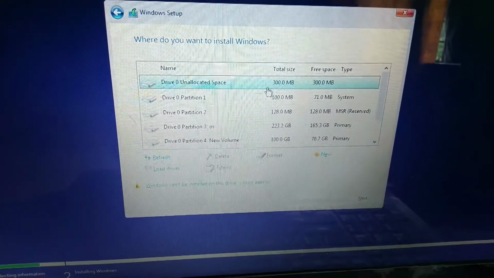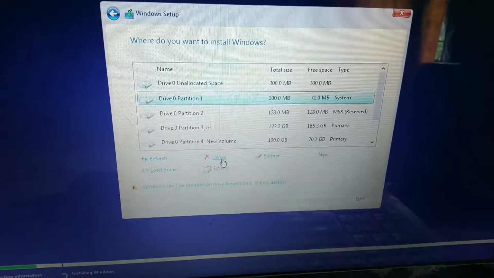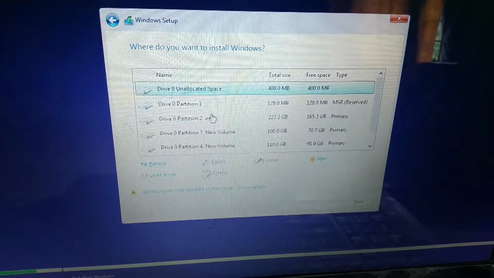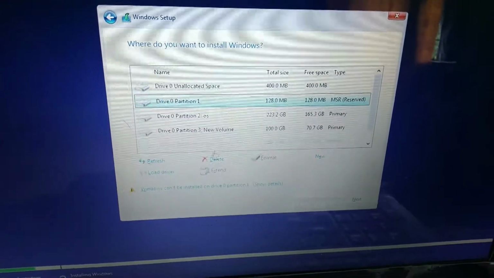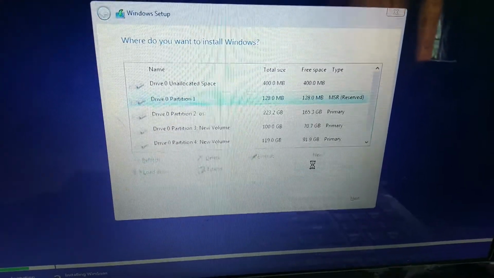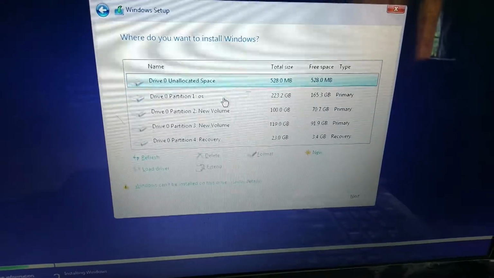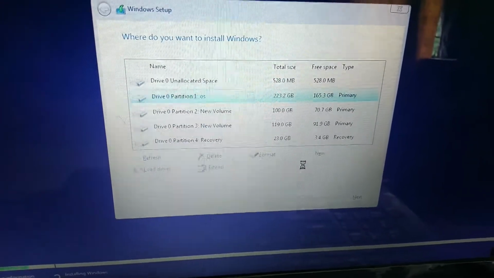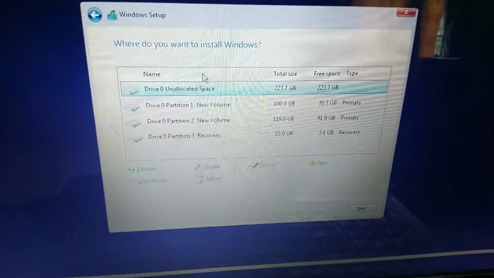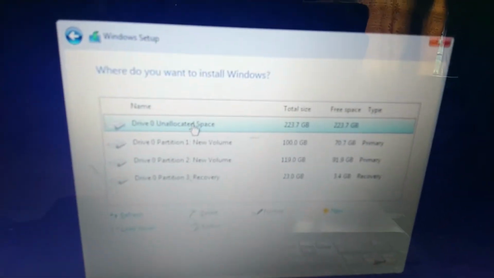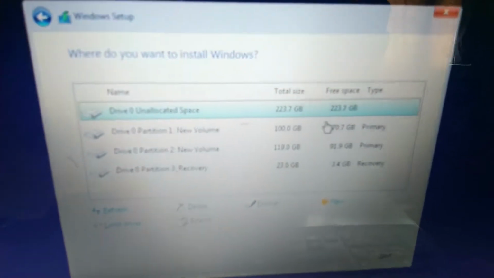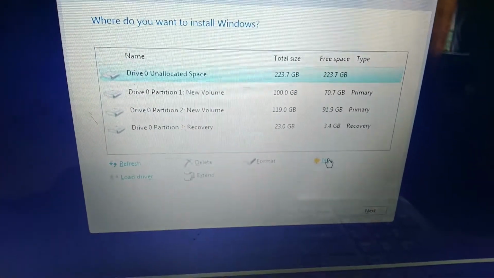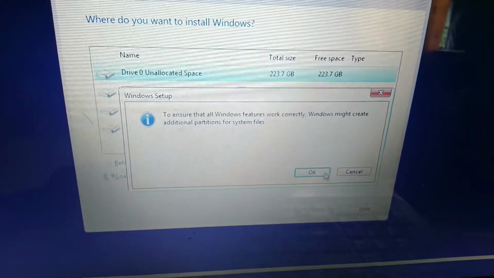This is the recovery partition which I am deleting now, and I'll also delete the 100 MB system files, the MSR reserved partition, and the previous OS partition, so that I can create the new partition. As you can see, this is unallocated space now, and then I'll select this partition and click on New, so that the C partition will be created.